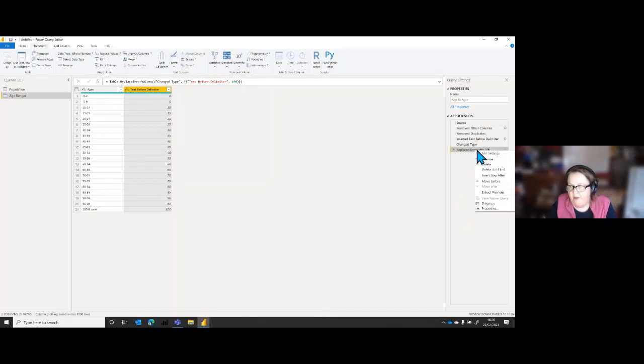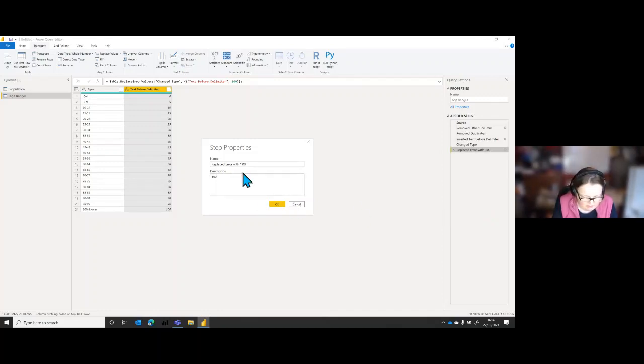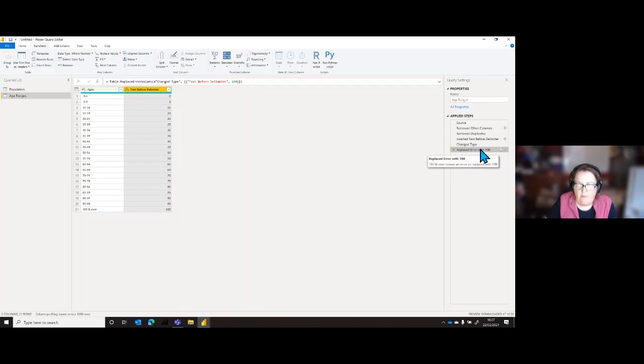And possibly you could go to the properties here and add a comment: the 100 and over, it's not older, it's over, causes an error. Okay, so I put a comment in there, let's click OK. Just to give you an idea, one, you can rename a step to help, and two, you can add a comment, which, when I hover my mouse over it, gives me an explanation.